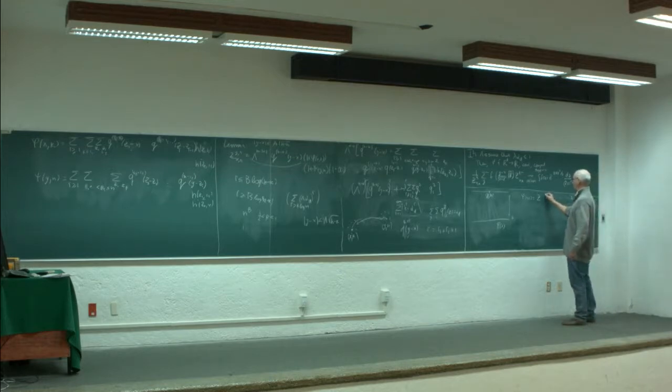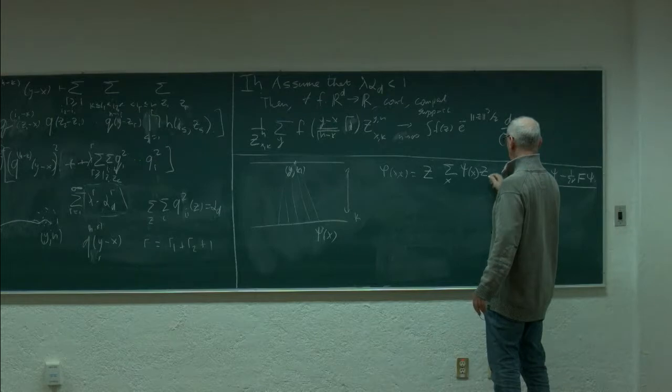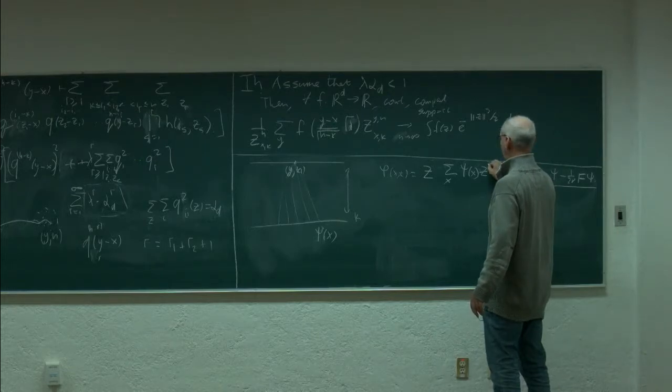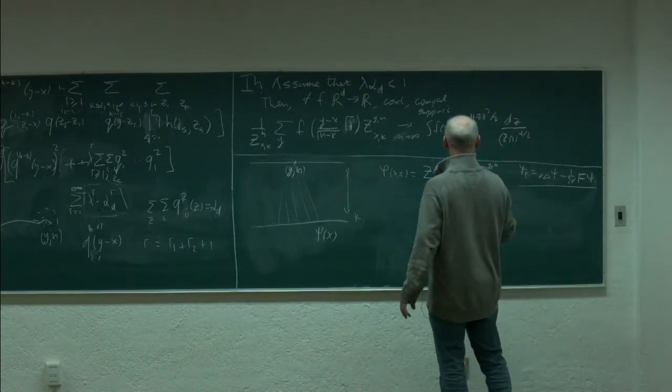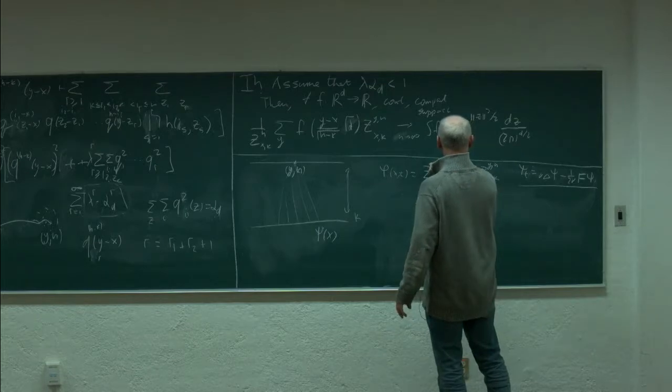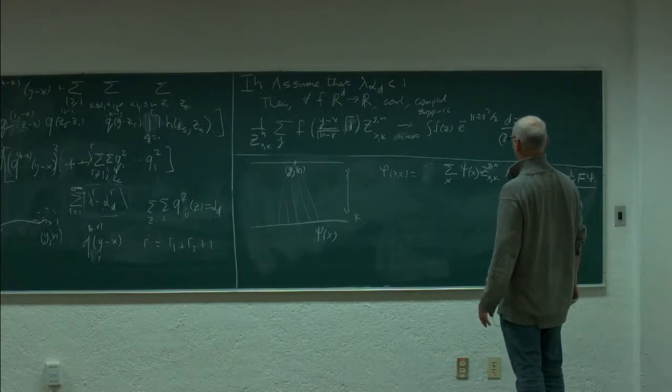So the answer will be here. You take the sum over all x, and here you will have psi x times the partition function going to yn xk, and that will be, just one second, that will be the partition function. That will be the sum over all x, and